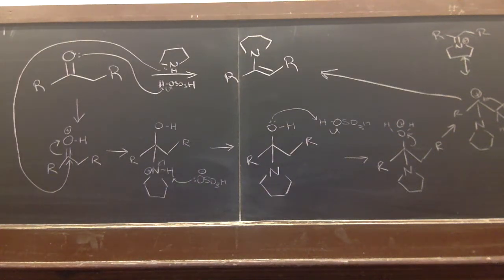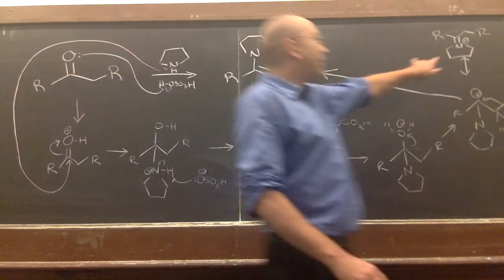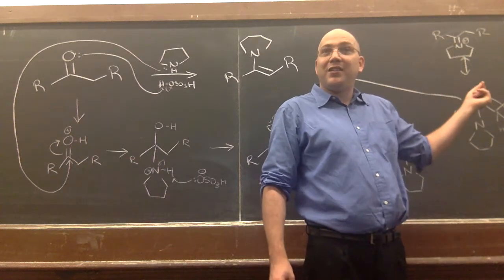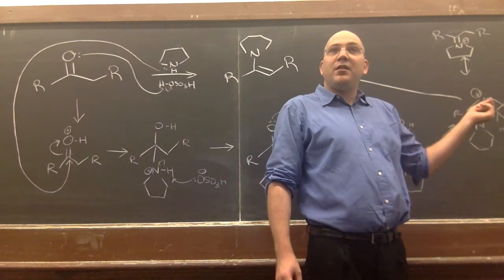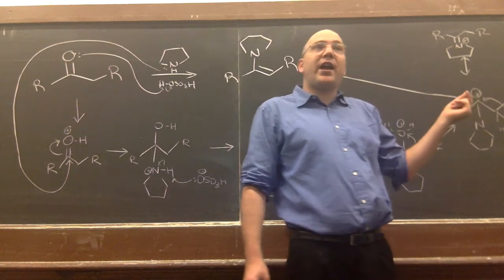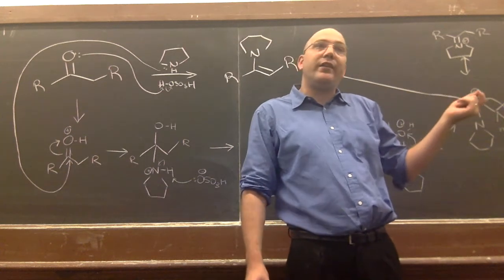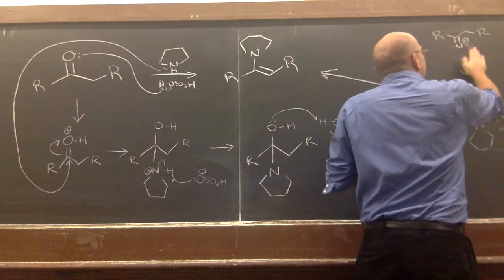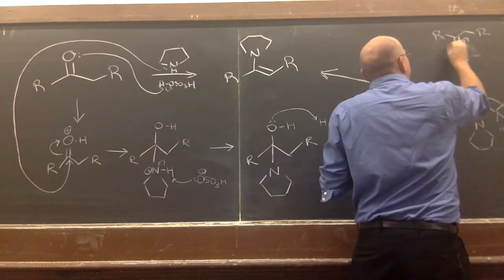Now, if it was a primary amine, then it wouldn't have 2 carbons here. One of those would be a hydrogen. And why does that make this different? Because then you can satisfy that carbocation simply by removing the proton. And if you don't understand what I'm saying, this would be, say, for example, if you had a